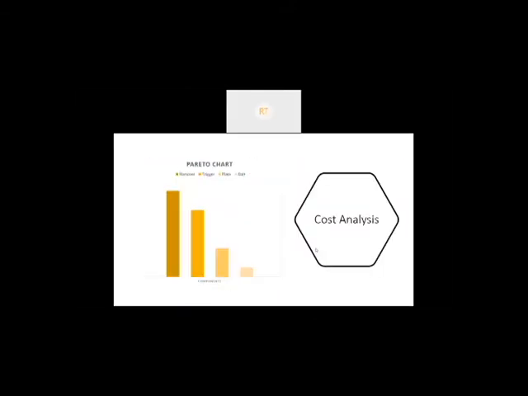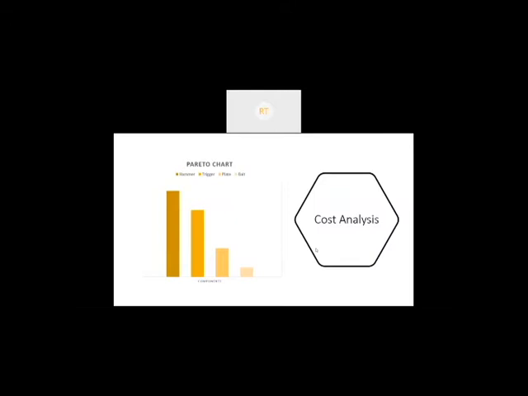What a Pareto chart generally does is a cost analysis of the various components of the product. Here we see that there is a hammer, a plate, a trigger, and I would consider the bait as well a part of the product because without the bait, the system does not work. So we do a Pareto analysis. We see that the hammer is the largest contributor to the cost. Then comes the trigger, then the plate, and then the bait. However, the bait is a recurring cost. It's not a one-time cost. These three are one-time costs, but the bait remains a recurring cost in the event that the mouse is successful in snatching it away and eating it off.